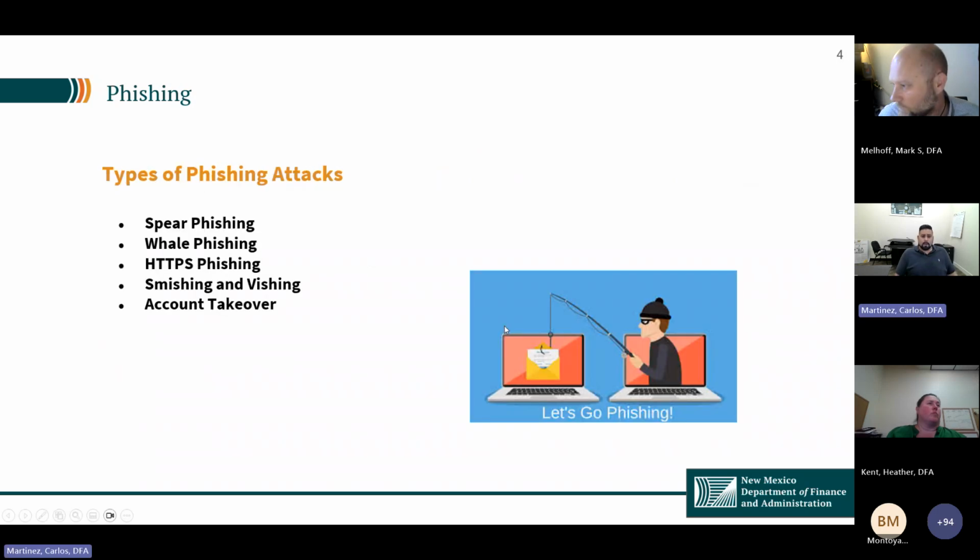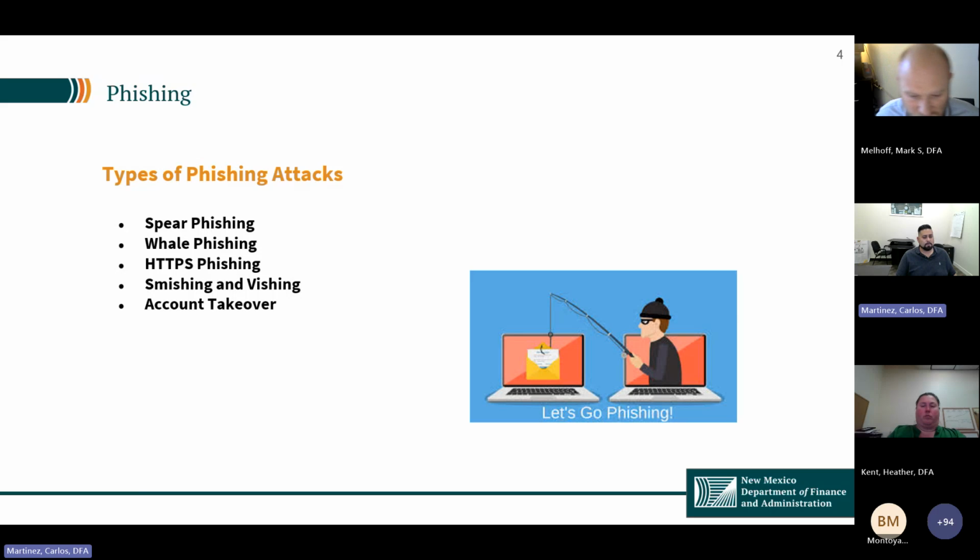So there are several types of phishing attacks that we need to be aware of. And as funny as it sounds, they have different funny names that you really can't make up. So one is a spear phishing attack. What you see within a spear phishing attack is that it's really focused on an individual.